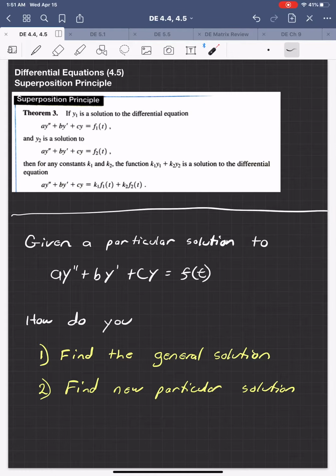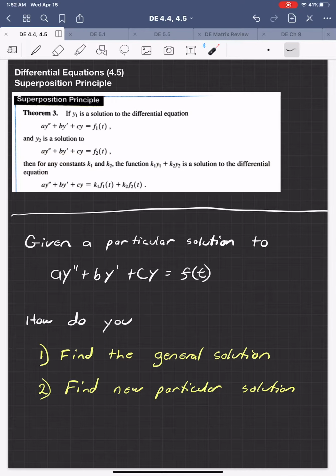Okay, so let's revisit really quickly the superposition principle, and then I want to show you a more interesting application of this principle than in the previous video. So really quickly, just bear with me. We have the following non-homogeneous differential equation,